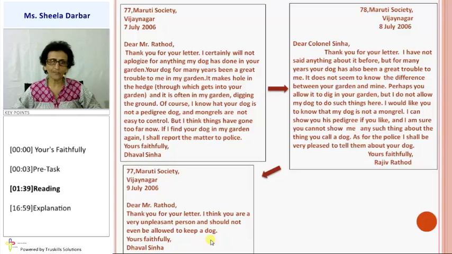Now in reply to this letter: Dear Mr. Rathore, thank you for your letter. I think you are a very unpleasant person and should not even be allowed to keep a dog. Yours faithfully. See, Colonel Sinha is so upset by the things Rathore has said about the dog, and